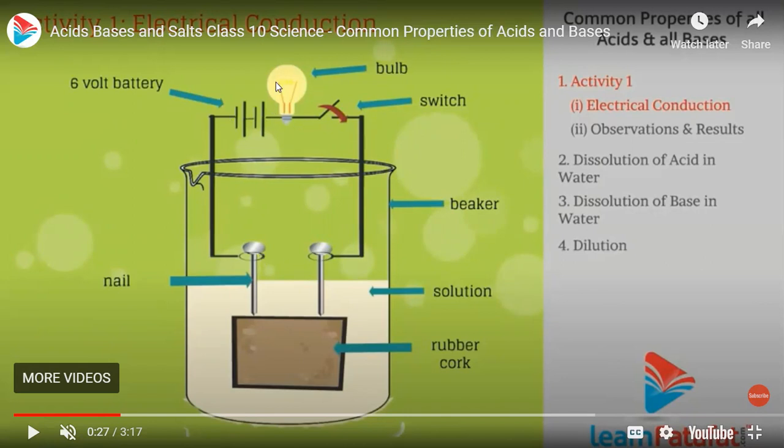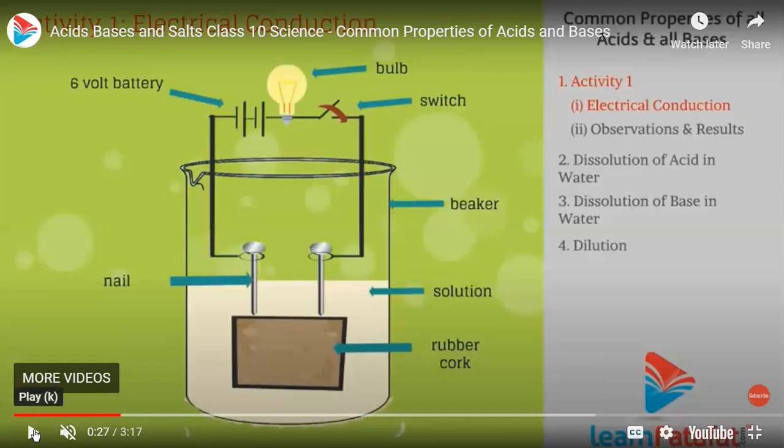Again, I have placed a bulb, I've placed a switch. Now, what is the purpose of placing a bulb? Basically, I said that acids have the tendency to conduct electricity because ions are liberated. Which ions are liberated? Hydrogen ions are liberated. So due to the liberation of these hydrogen ions, electron movement takes place, and due to the movement of electrons, what happens? Electric current is generated. So that is why the bulb glows. So the bulb will glow only in case of acid and not in case of any other salt. I hope I'm clear.